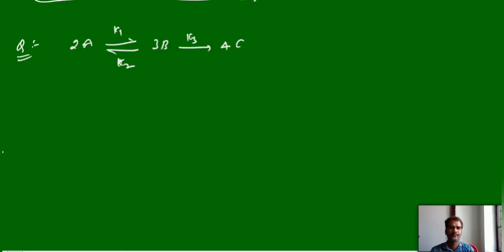This is important, how to write the rate expression where the rate constant K3. Now you write the concentration, decreasing in concentration of dA by dt, and here the B is the product, dB by dt, what is the value, and C is forming, plus dC by dt, what is the value. So rate expressions with respect to A, B, C. So this is very, very important, how to write it.